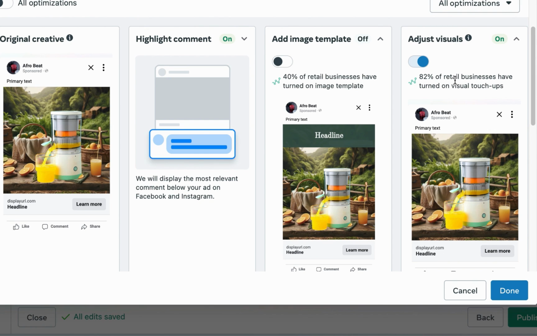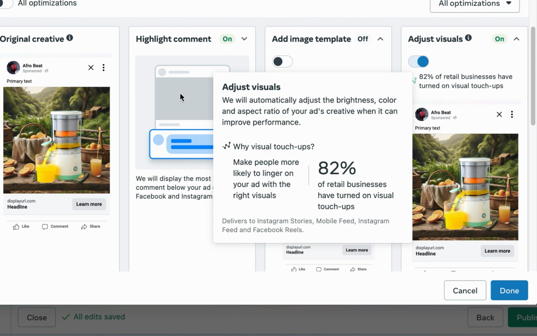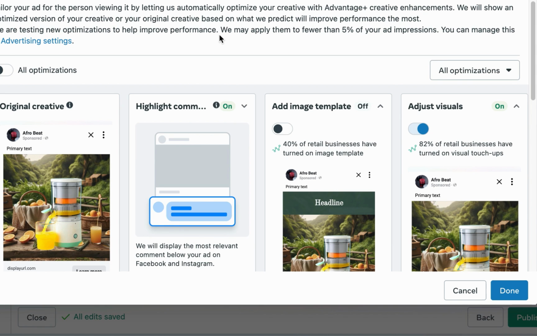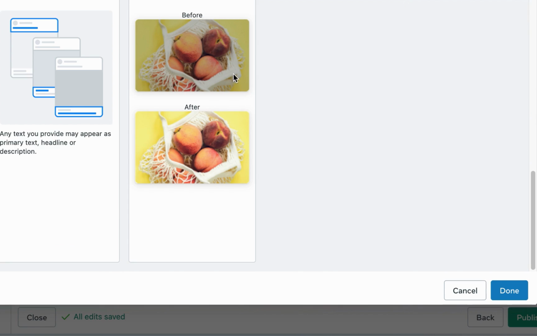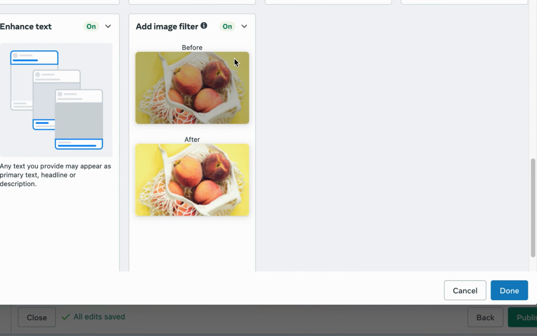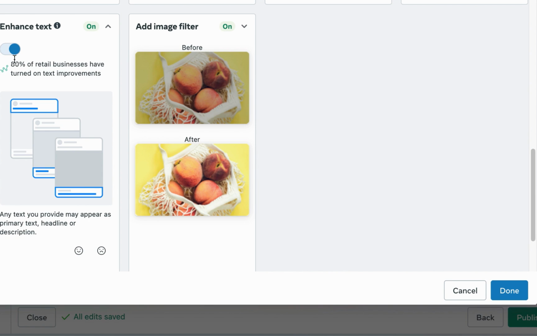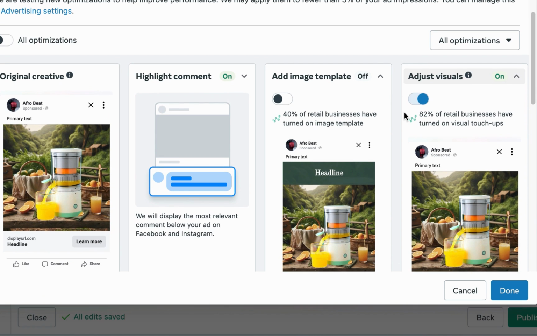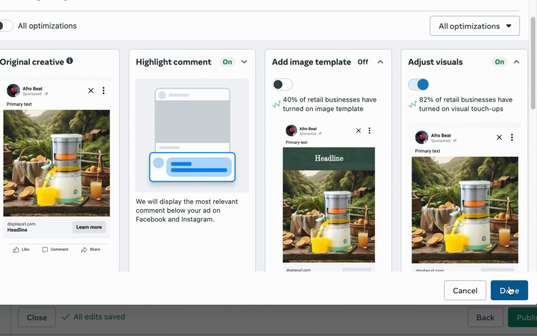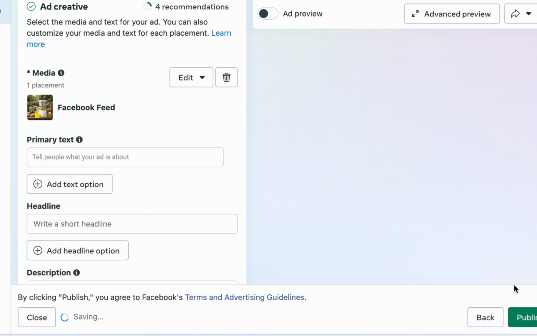Like this are just visuals. This is just touch-ups. But you see stuff like this, because you'll not be able to ascertain why something worked and why other stuff you tried did not work. Okay, and nah, I don't want this. I hate this in particular. So every other thing, highlight, comment, that's okay. I'll just click on done. Now you see that ad copy that we crafted earlier, this is where you put it, where you have this primary text. So let me just pick